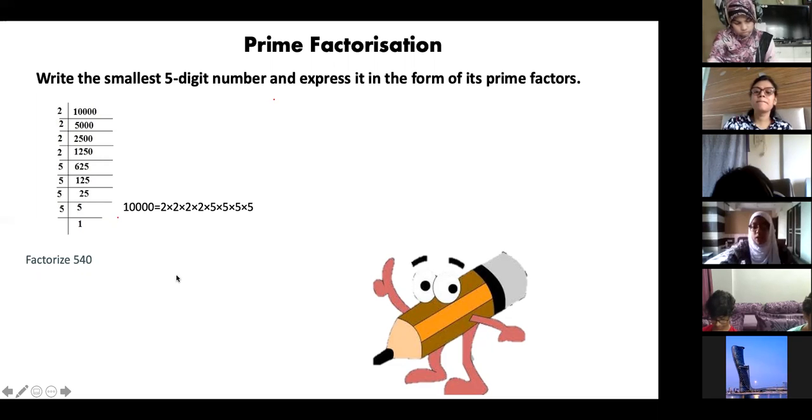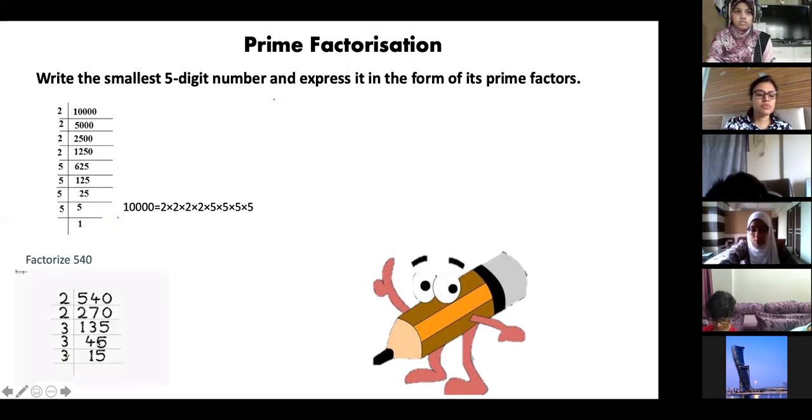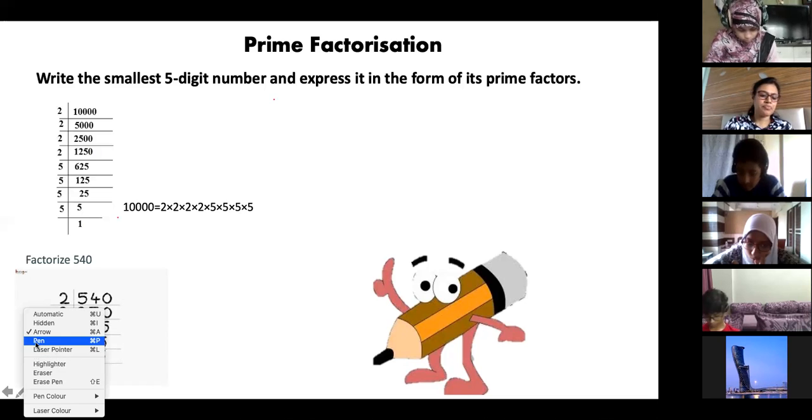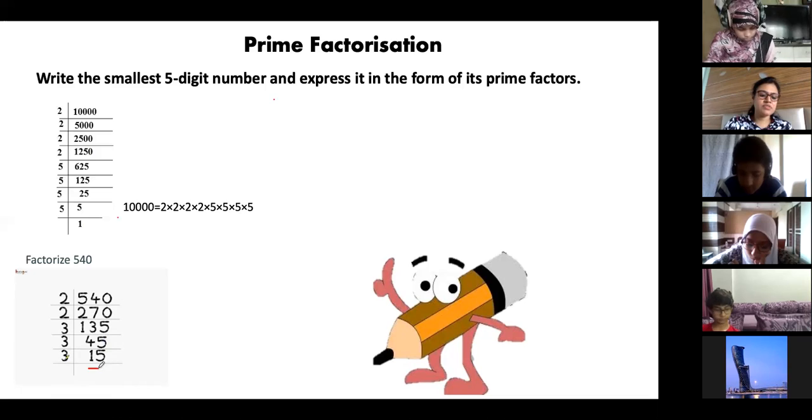Rest, everyone. I got 5 into 2 into 3 square. 3 3s are 9. 3 cube you will get, and 3 raised to 4 you will get, no? What did you get, Abdullah? 2 2s are 4. 2 square into 3 cube into 5. Yes, 1 5 is missing. Okay. Yes, ma'am, I also got that. This is the answer. 3 5s are 15.